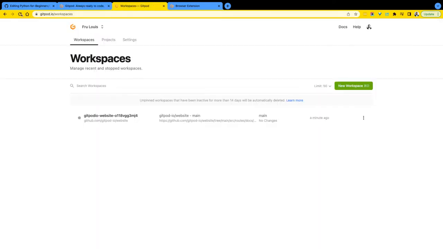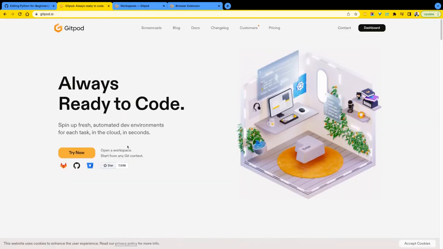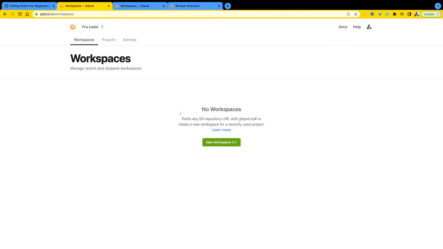Once you log in, let's see, let's refresh this really quick. So once you come in, you can always go ahead and log in. Try new. I logged in already, so I'm in. You can log in with GitHub or GitLab. I think those are the two. There's probably one I'm missing, but once you logged in, this is the workspace that you're gonna be welcome to